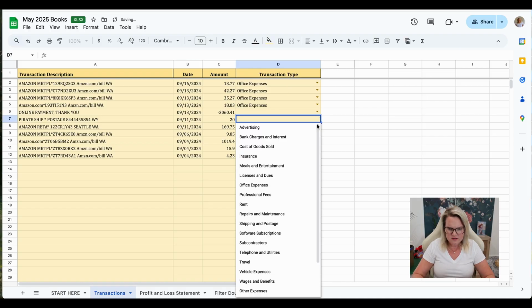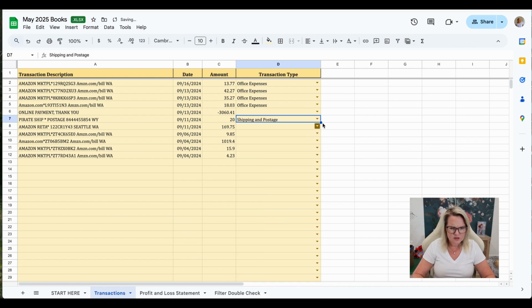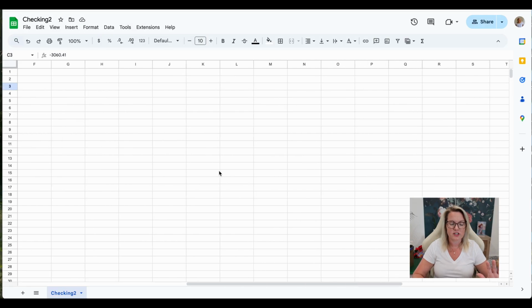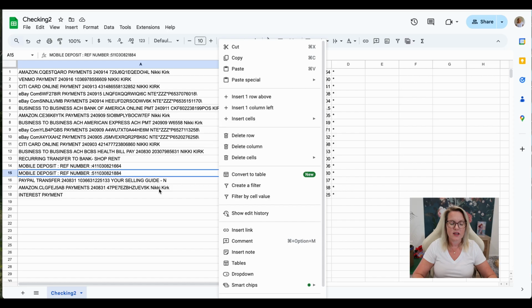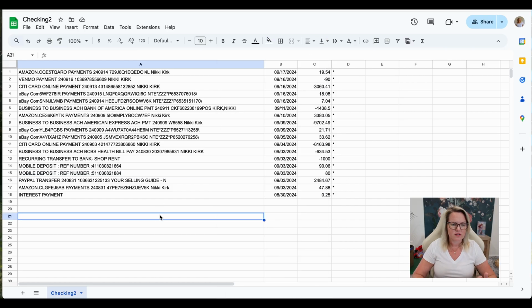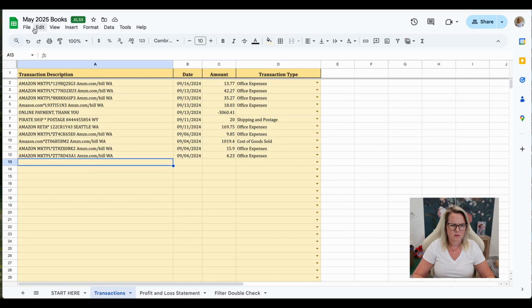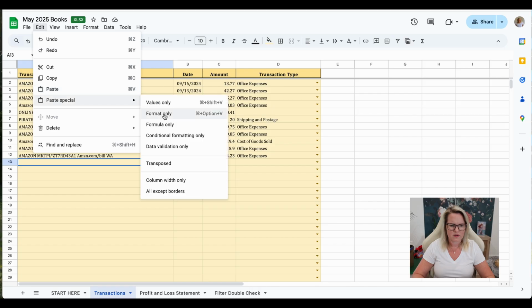Pirate Ship, that is shipping and postage. All right, now we've gotten that one done. So now I'm going to copy and paste this other checking account, so it's already formulated how I need it to. So we've got what it is, the date, and the cost. So we're going to copy this over, paste special, values only,